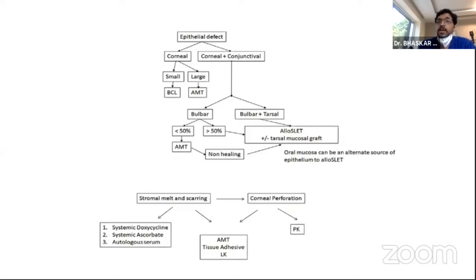So if you have a small corneal epithelial defect, a bandage lens would work. If you have a larger defect, or if the defect doesn't heal by 10 days, because by the 10th or 11th day the steroids can cause stromal melting, so if by 10 days of chemical injury you still have a defect on the surface, then you have to go ahead and do an amniotic membrane transplant.